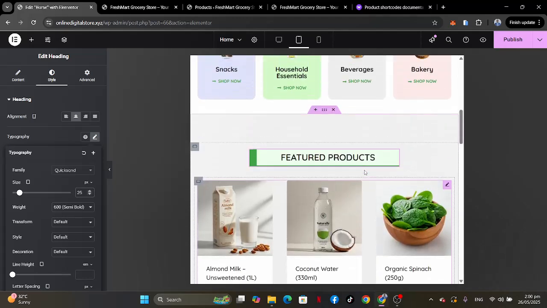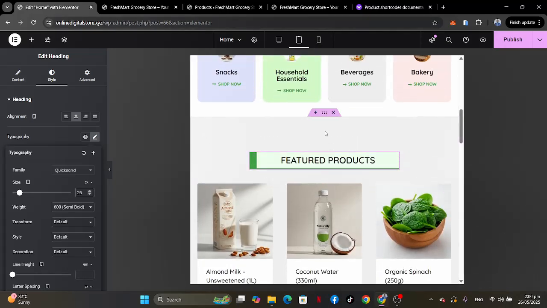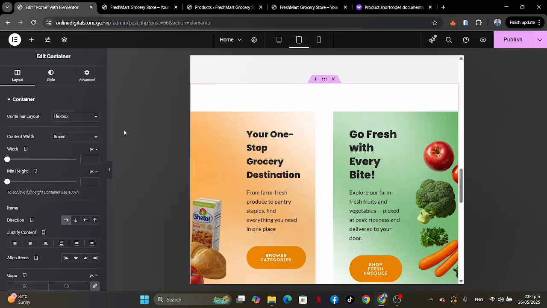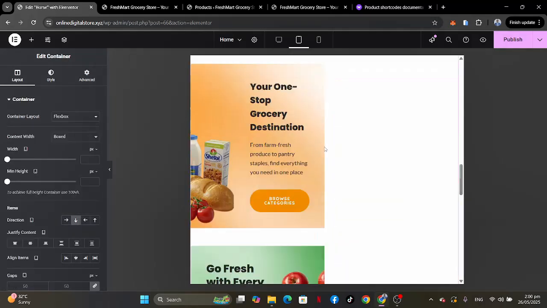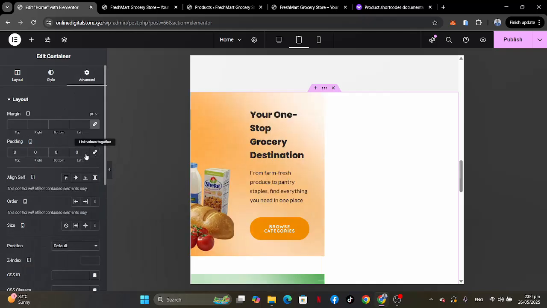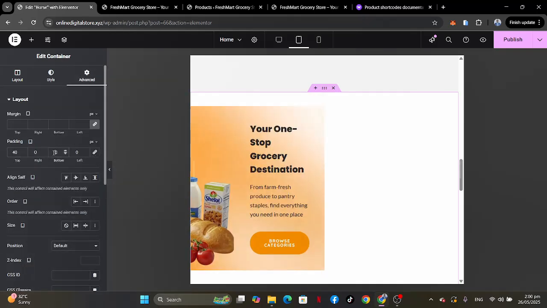Or what we can do is click over here and make it something like this, and then go over here, remove this one, give it a top of 40, bottom of 40, 20 at the side,